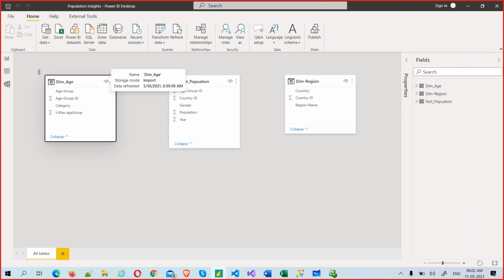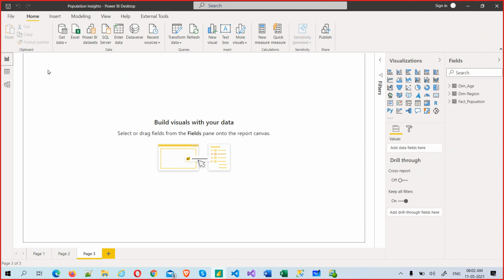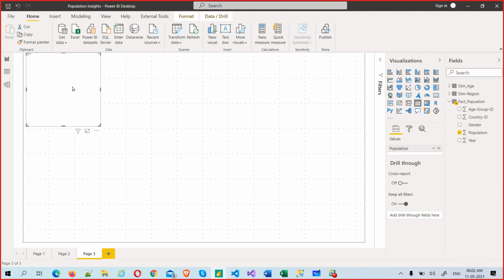Okay, so let me go here, and then we'll try to create some visualizations. Let's see, one visual, just take population here, and Rajshekhar was asking some decent question. We'll discuss that. Okay, so this is the population, and I want it to be something like this.